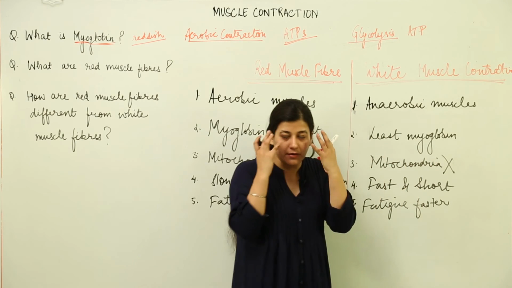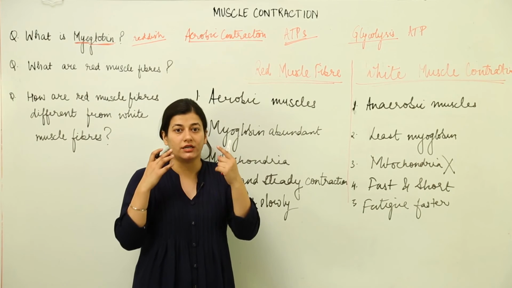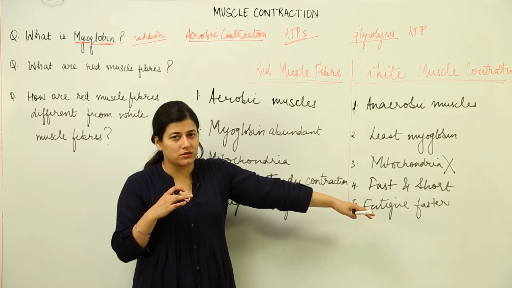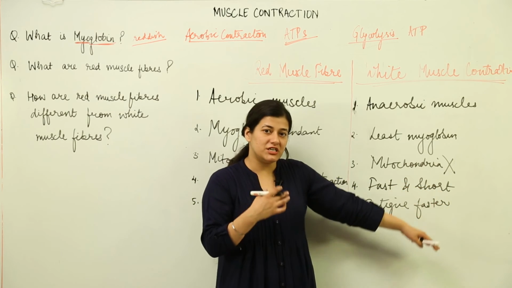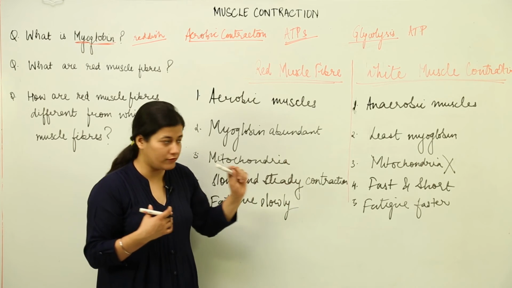Try to extend your eye muscles for a longer period. The fatigue would set in very quickly. You would get tired, you would want to blink your eyes. In the case of your hand, keep it up for 10 minutes, not 10 minutes, I would say keep it for 5 minutes. You will feel the fatigue slowly, because red muscles are involved over there. In the case of white muscles, the fatigue would be faster.